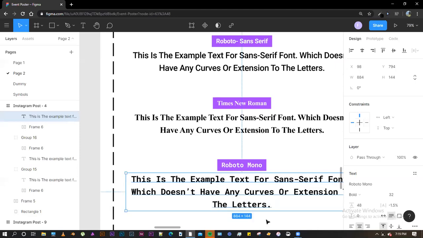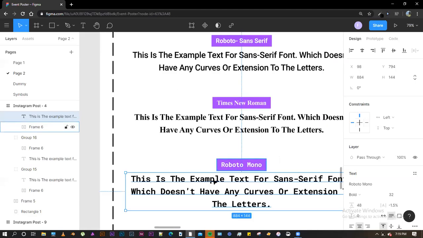These are known as mono fonts because the spacing between them is even. If you get a chance to verify, the spacing between P and L is the same as the spacing between L and E, which is not the case for the sans serif or the serif fonts.